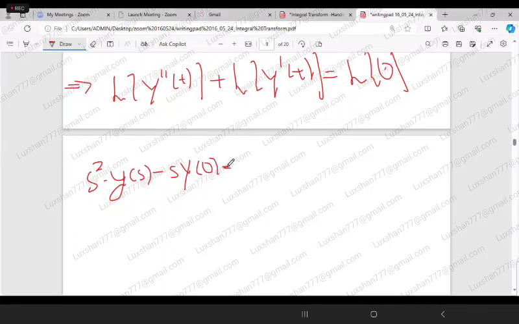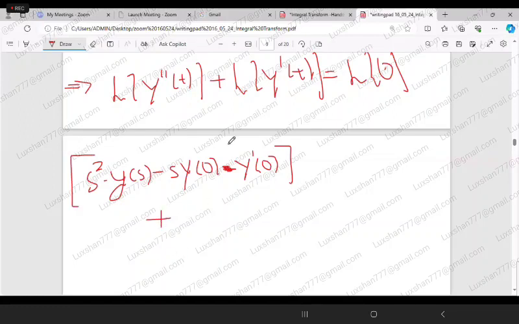minus, can anyone tell what is the other one? Minus Y dash of 0. Is that capital or small? Capital. Good. So that is Y dash 0, plus